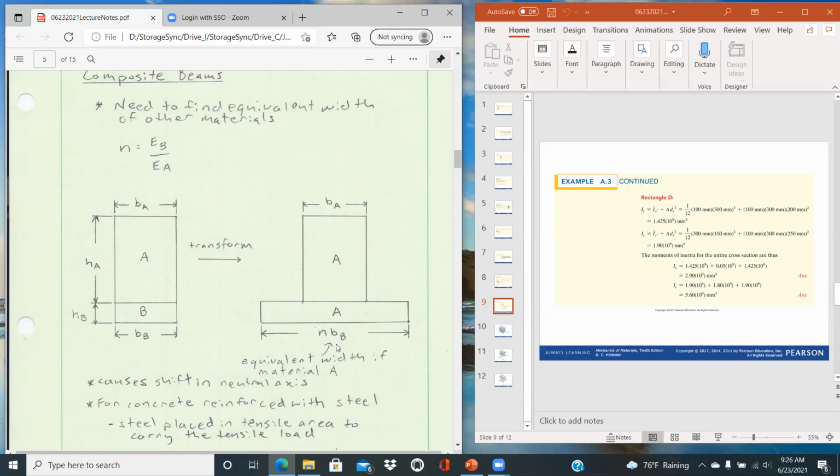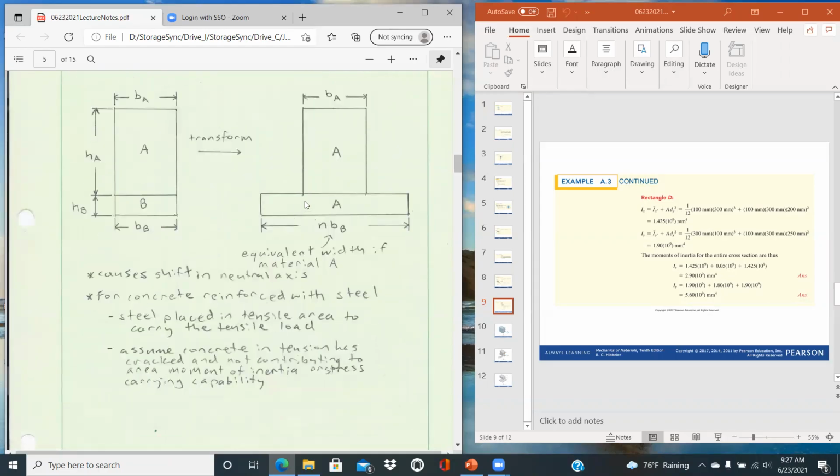And so one thing you do find is this does cause a shift in the neutral axis, and it transforms this rectangular beam of two materials into a T-beam, essentially. That would be the one common material. And so for concrete reinforced with steel,